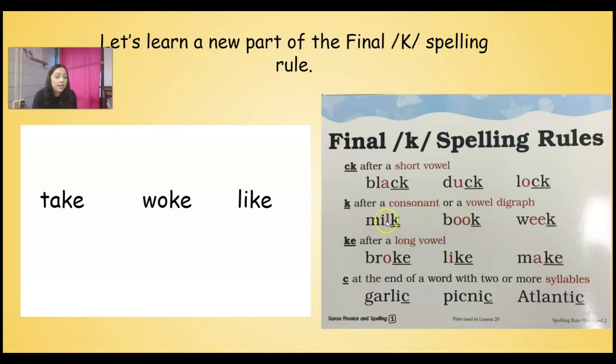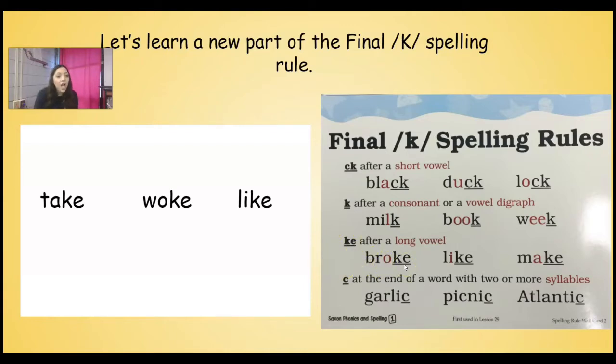So it's got an L right here, so it's going to have a K behind it. If it had an S at the end, it would have a K behind it. But these double O and the double E, it's going to have that K behind it. This is a new rule for us. We call it the KE rule. So anytime that we have that sneaky E at the end, after a long vowel sound, you're going to write KE. So listen, when I sound it out,